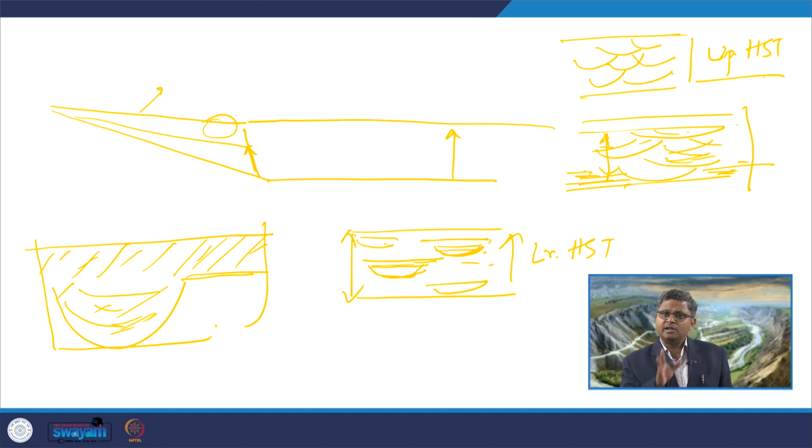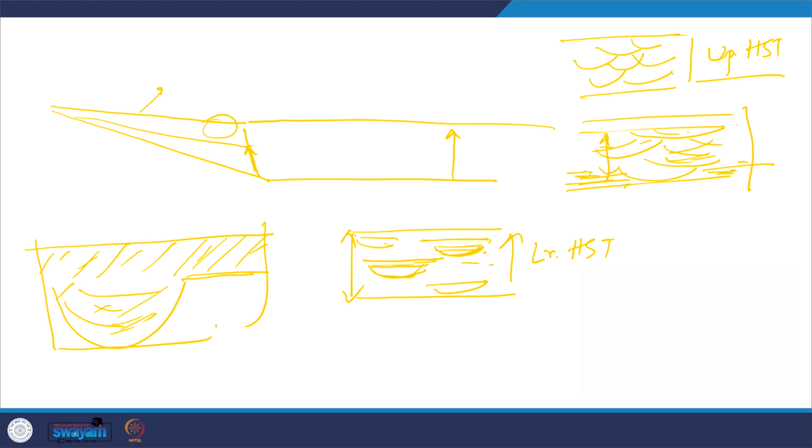So, in the fluvial part, if I look in terms of the HST, we can get this variation starting from lower part of HST to the upper part of HST. So, when we look into the aggradational component, that is during the early phase, the ratio between the floodplain deposit and the channel fill deposits will be relatively high. That means the floodplain deposits will be more abundant with respect to the channel fill deposits.